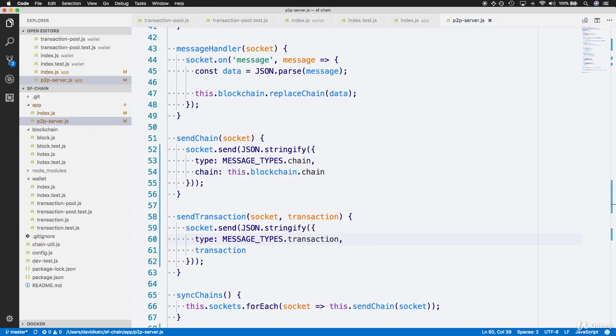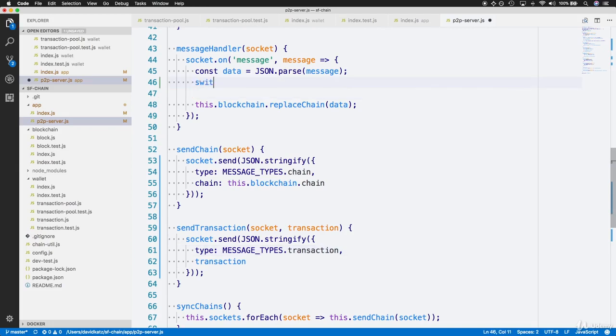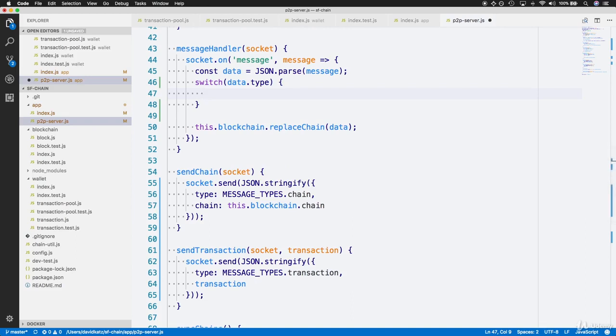The first portion of the message handler function can be left the same in terms of listening for the message event and parsing the message as data. However, we'll need some additional logic now after the data is parsed. Now, rather than immediately calling the replace chain function, we'll run a switch statement based off of the incoming data type. So we'll switch based off of the data.type, and this switch statement allows us to run different cases depending on that different type